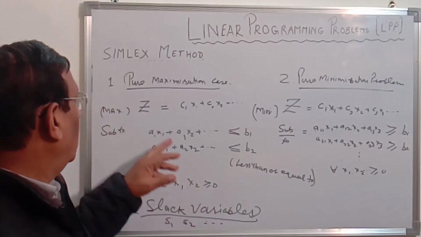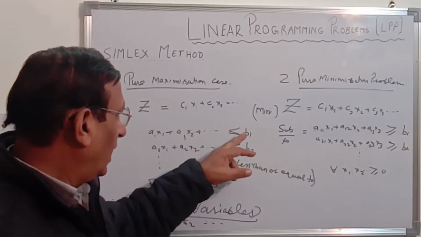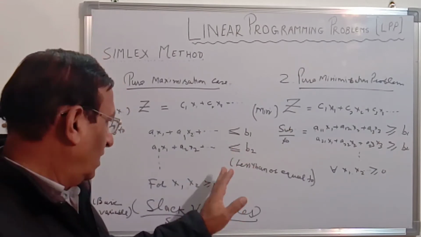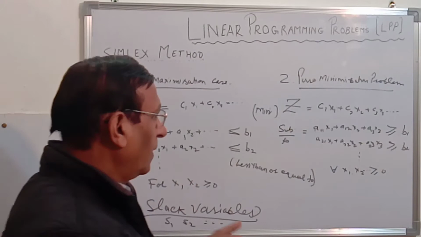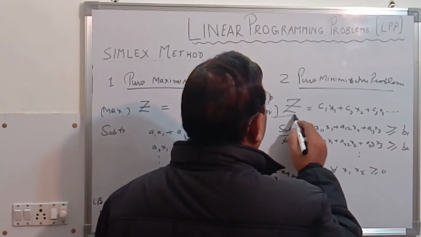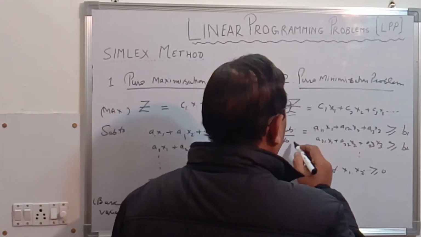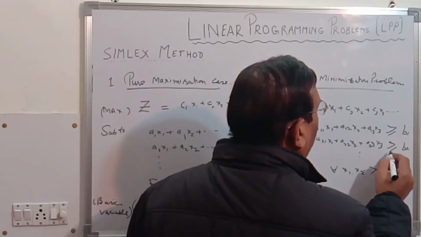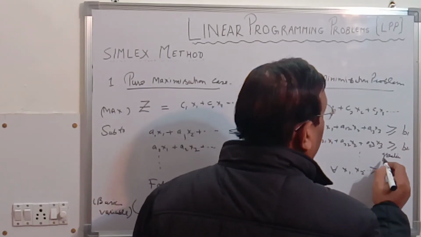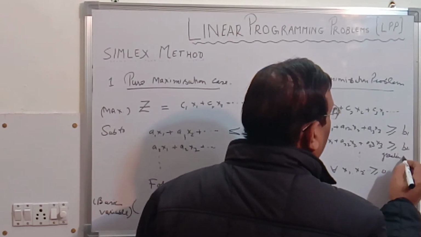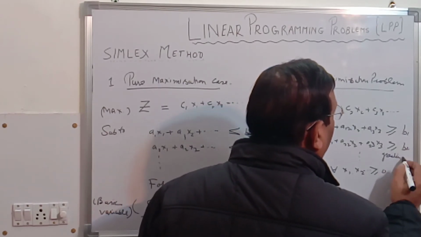So first of all, if z is maximization and all constraints are less than, then we have checked slack variables will be used. But if it is minimization and all constraints are greater than or equal to type, all equations are greater than or equal to